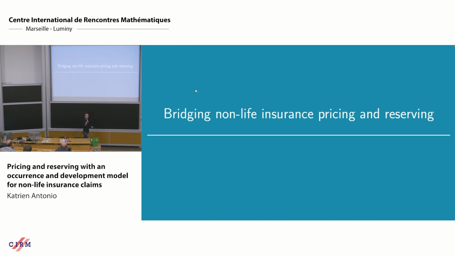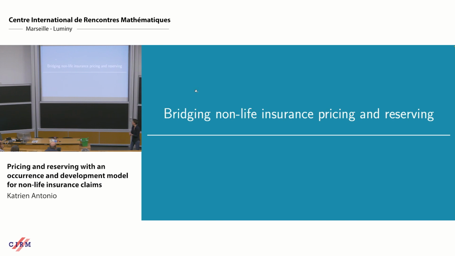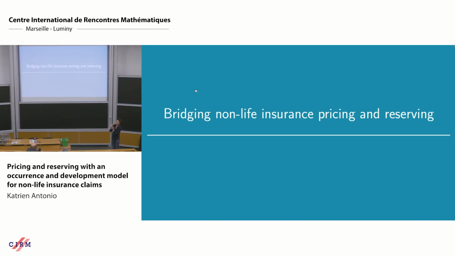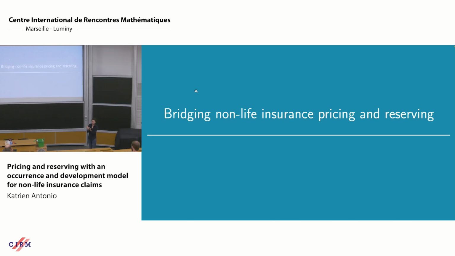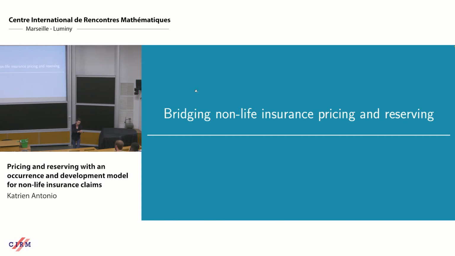So I took you on a tour from the ideas of technical pricing for non-life insurance. I said there, maybe there is a problem in the data set that you have available. You may have underreporting of the number of claims on a contract, and you may have claim sizes which are right-censored, right? And so how are you going to use, as a pricing actuary, that incomplete data set?